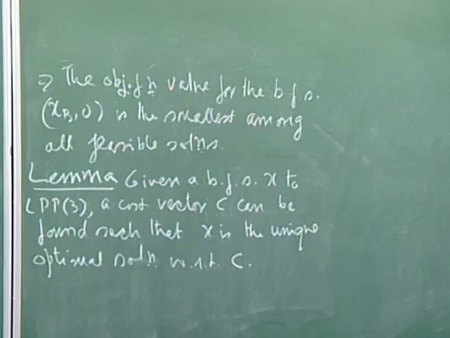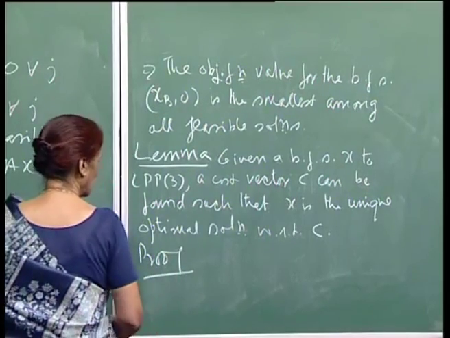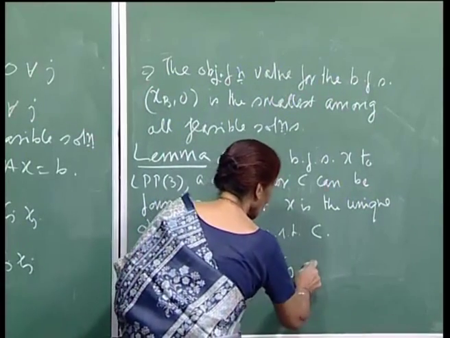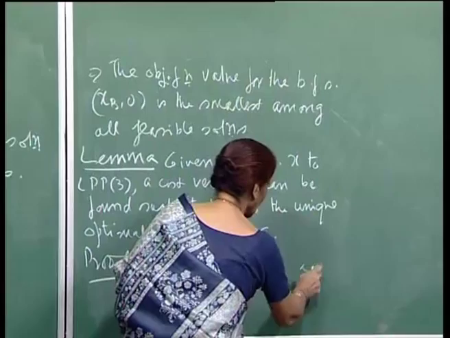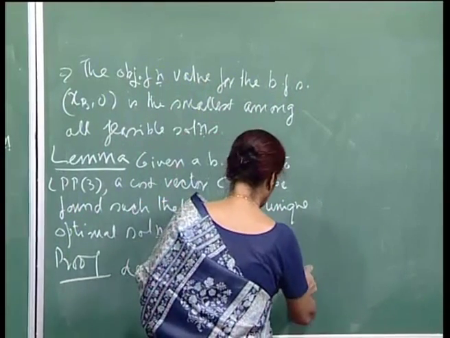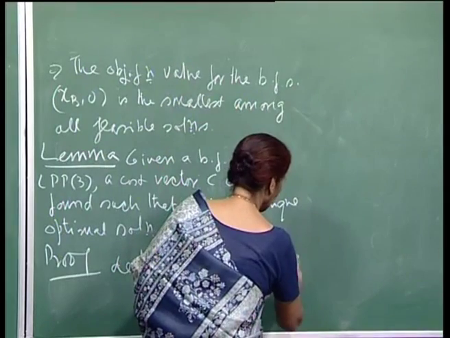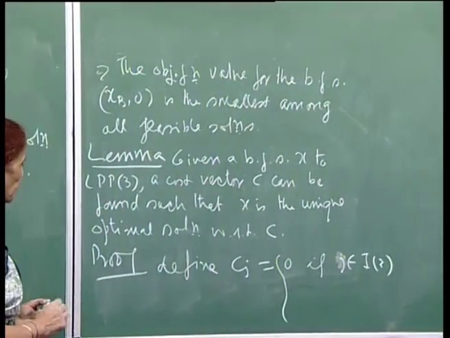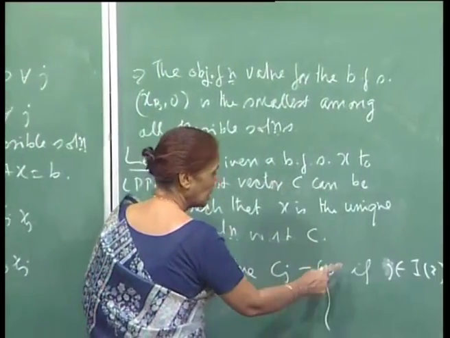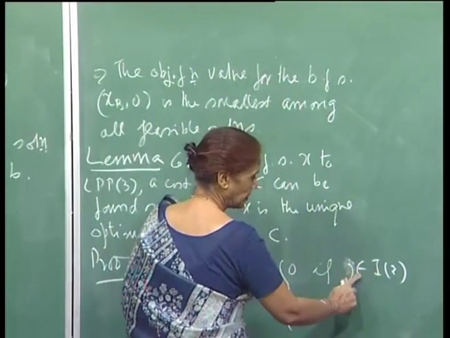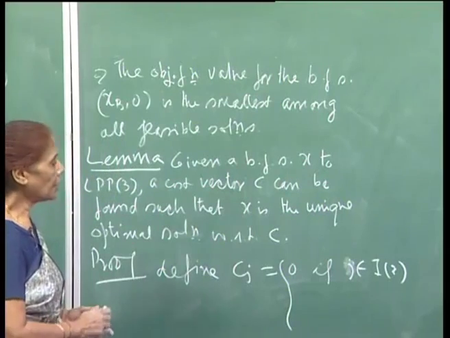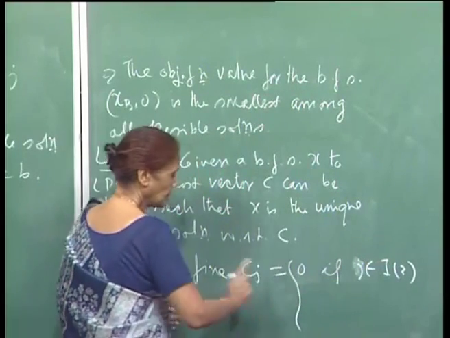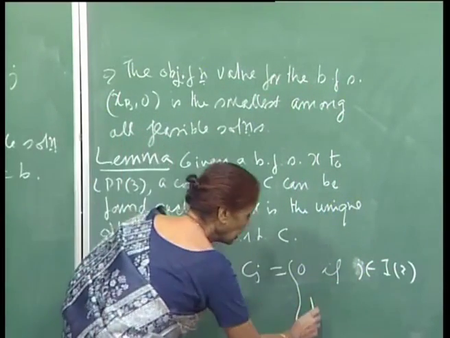So let's define, so proof. Let me define Cj as 0 if j belongs to Ix. So again I am using the same notation. That means put the cost coefficient Cj equal to 0 corresponding to the basic variable which is positive, right. Ix is the collection of indices corresponding to x for which the basic variables are positive. So if the basic variable is positive, then put the corresponding cost coefficient as 0, and 1 if,